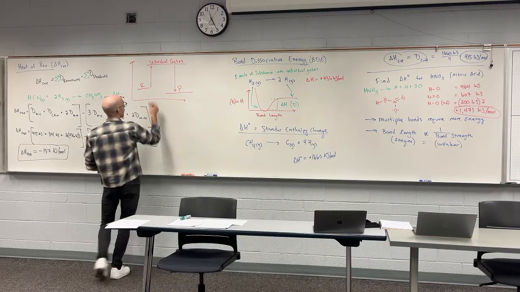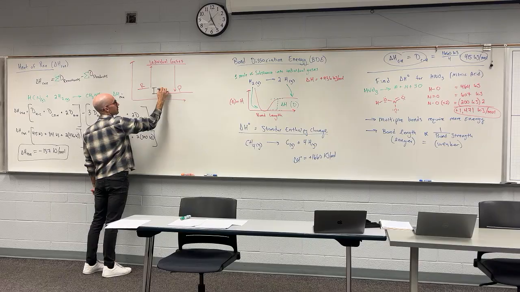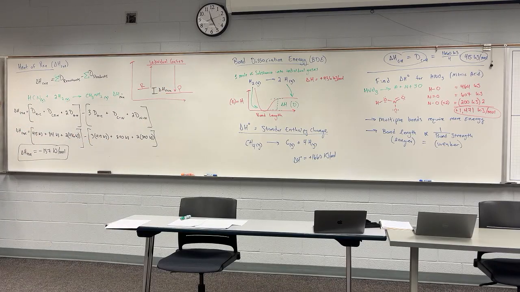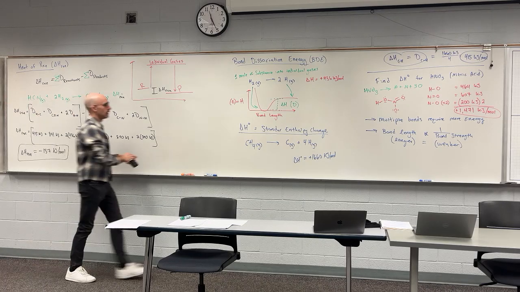And that's leading us to this delta H of a reaction. That is the activation energy. I need to break all of these bonds, and then once I form new bonds, I get some change in enthalpy. Deal? Okay,